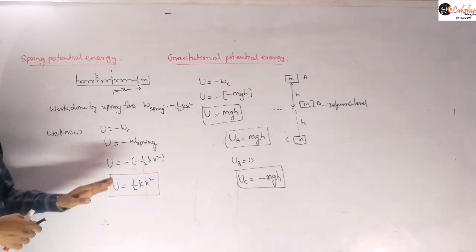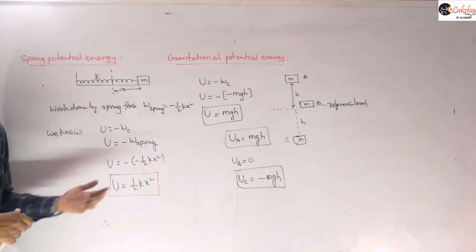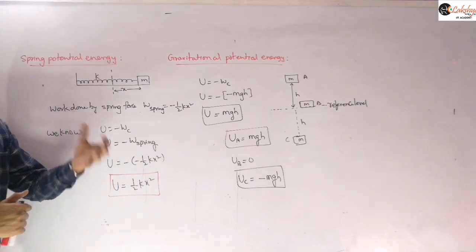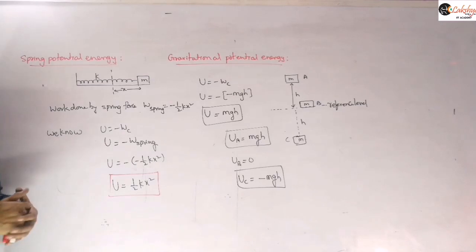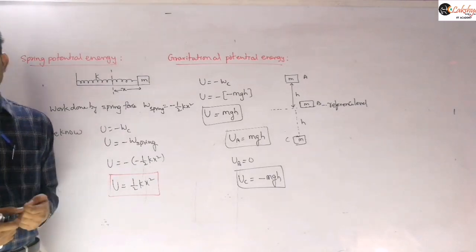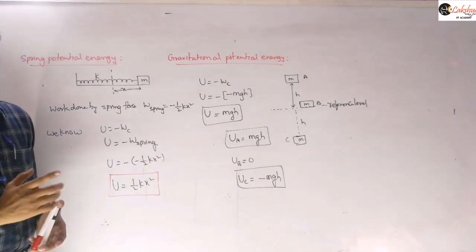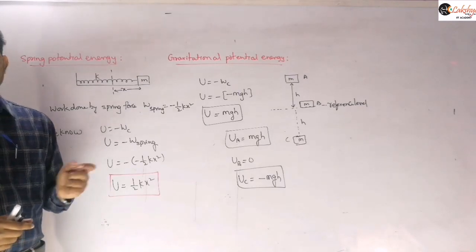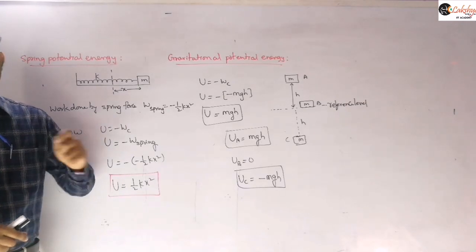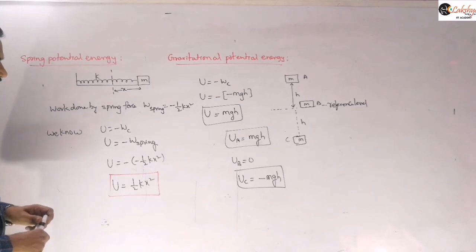Is it clear? So these are the two expressions regarding potential energy you need to remember: gravitational potential energy and spring potential energy. For gravitational potential energy, we just need to consider the height of the object, and for extended objects we need to consider the center of mass. After completing the center of mass you will get clarity about that. For regular objects like a rod, the total mass of the object can be taken to be located at the center. I will explain that in some points there.